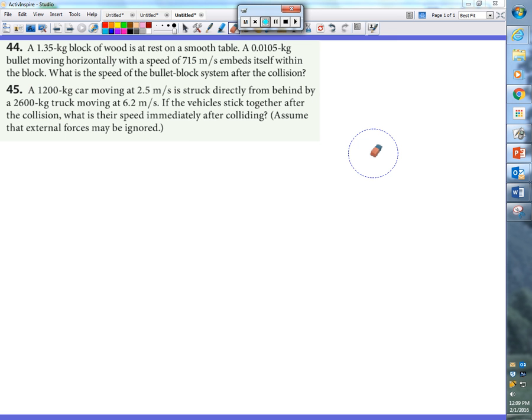All right, so we have some problems that are a little bit more like collisions. Still conservation of momentum, but speaking more in terms of collisions rather than just both starting at rest. Okay, so in 44 here,